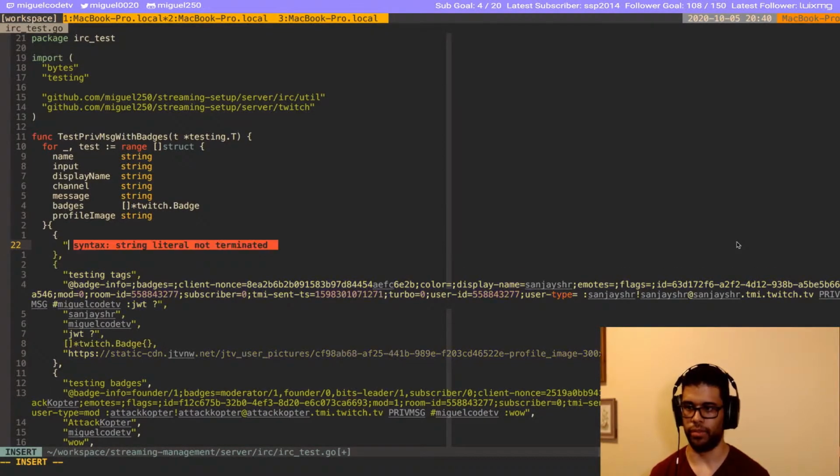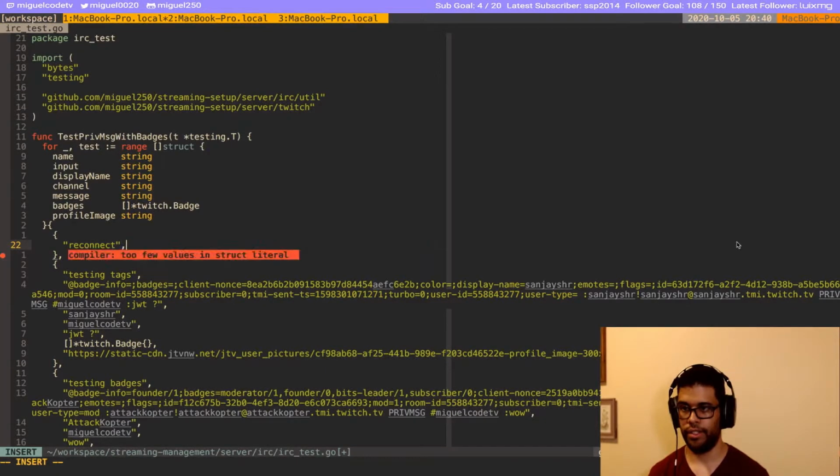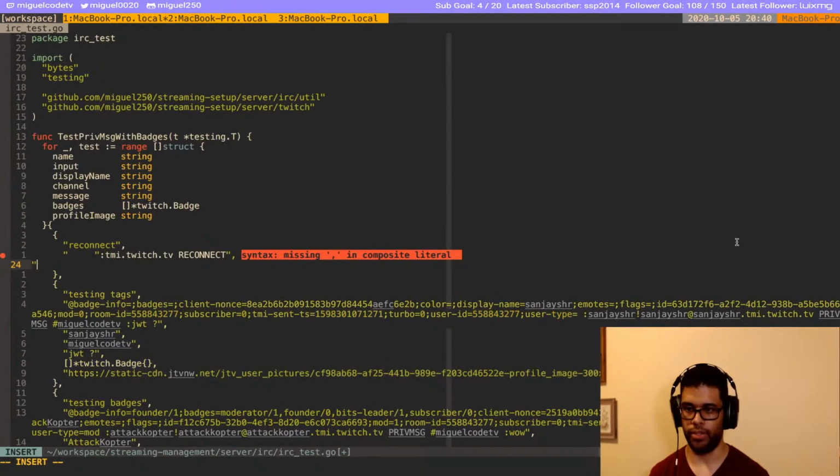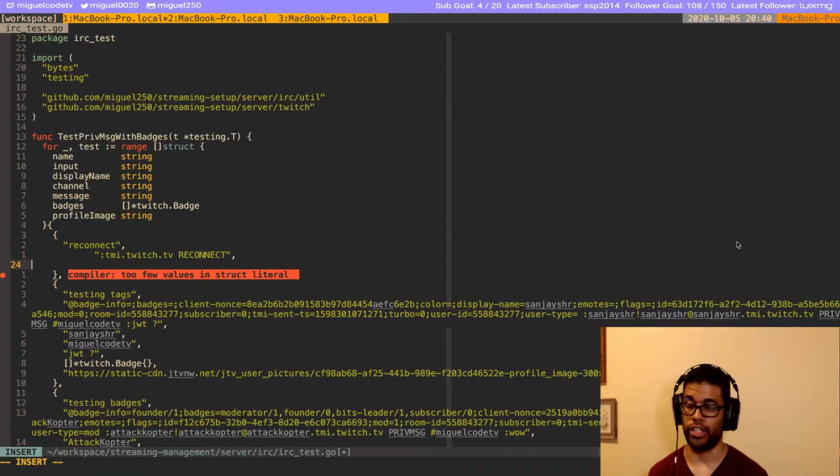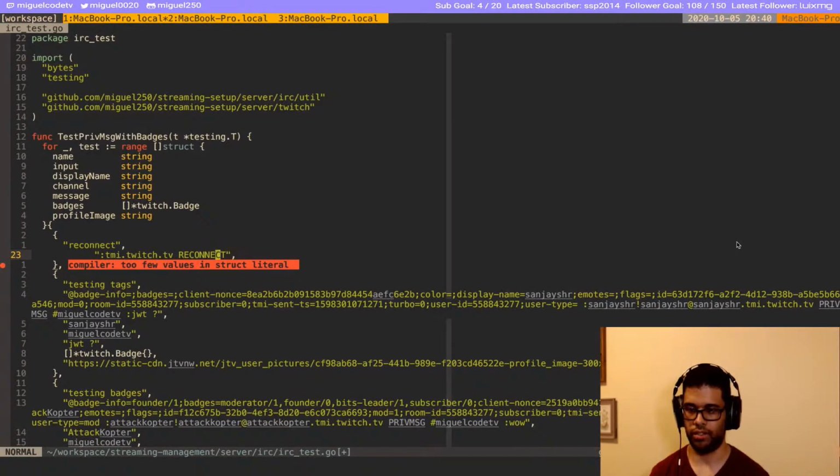I'm gonna call it reconnect. And this is the input. So this is what we're putting in: our server, the Twitch chat server, is returning this. And then what do we do here?